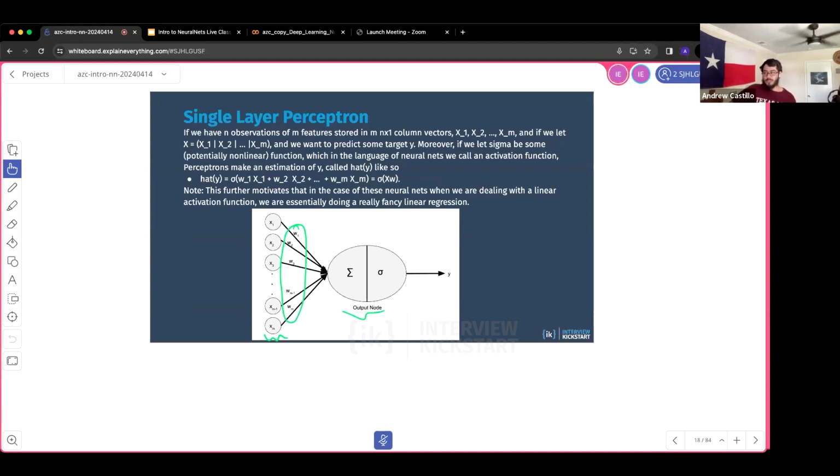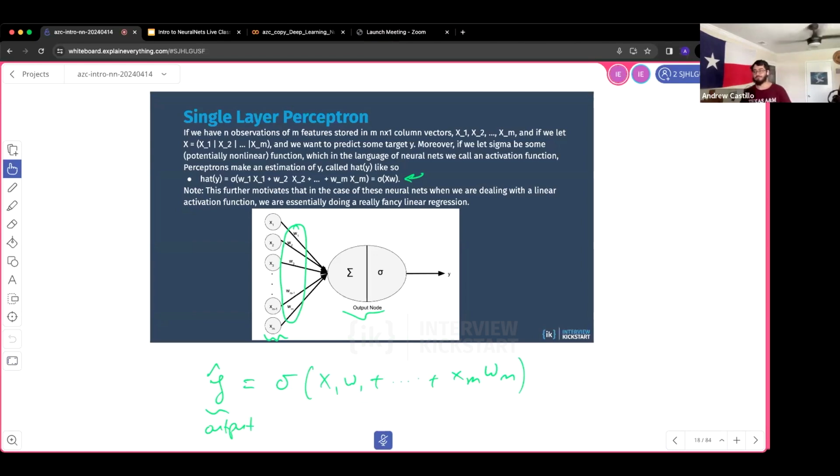What the single layer perceptron does is go from input, multiply by the weights, and then get to the output. How is it going to do that? It's given by this formula right here, which I'll write out for you in a second. This is our output, y hat. This is going to be sigma, which I'll explain in a second, of our features, our neurons, x1 times w1 plus all the way down to